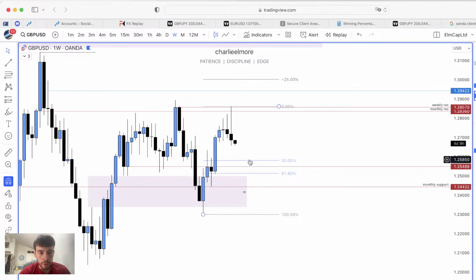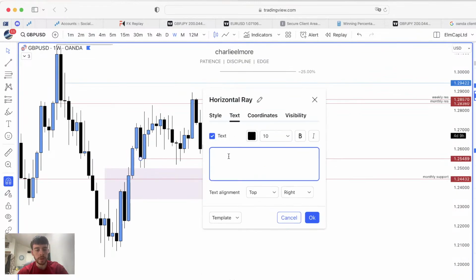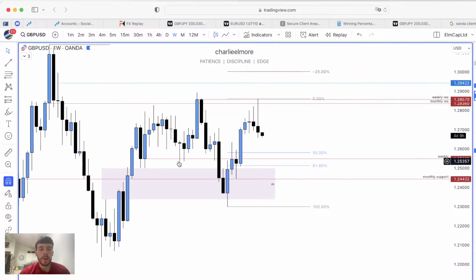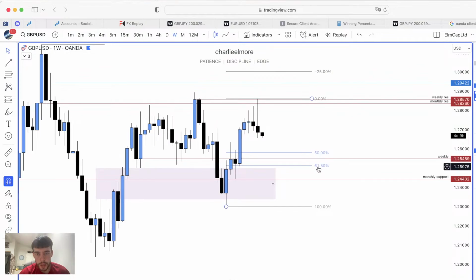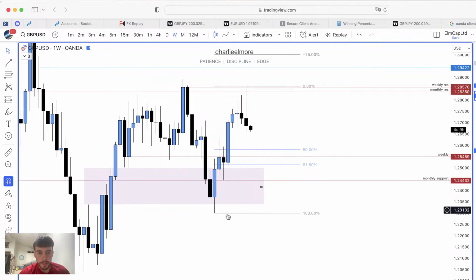So what I am expecting price to do is come into this 618 area. We've also got a really nice weekly area right there that's going through the middle of that. So that's just from those bodies. We've had a wick through it, another wick of support, close below. Again, the weekly candles respecting this area, the price of 1.25489. So that's also, like I said, going straight through the equilibrium of 50 and 618. All right, so that's pretty much the weekly time frame.